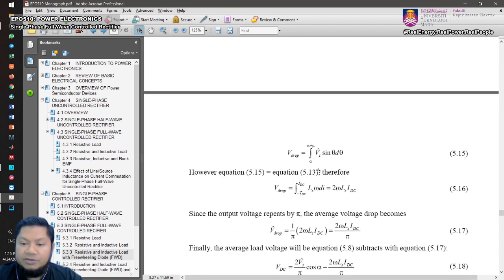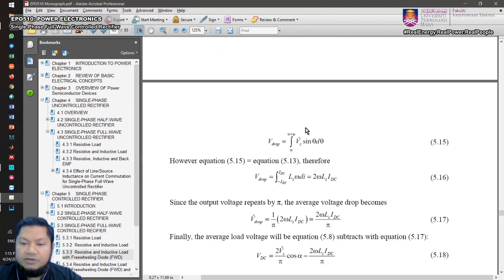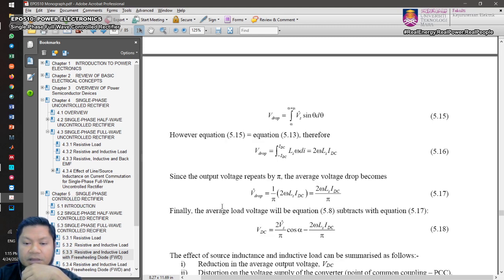And if you refer to equation 5.13, they are the same equation, right? And then you don't have to solve for this. Just use whatever you have in 5.13 just now, and therefore V drop equals 2 omega Ls IDC. And again, since the output voltage repeats by pi, the average voltage drop becomes